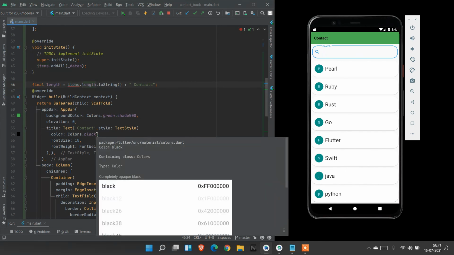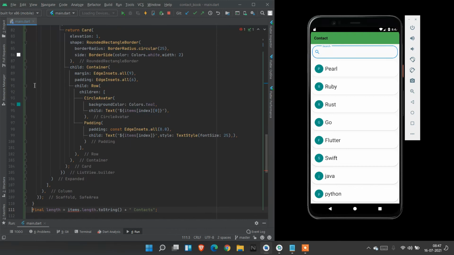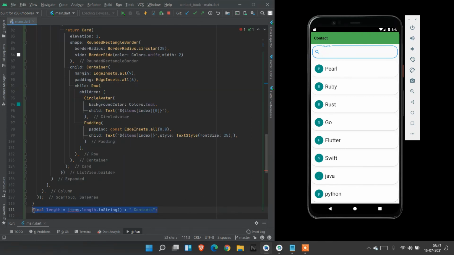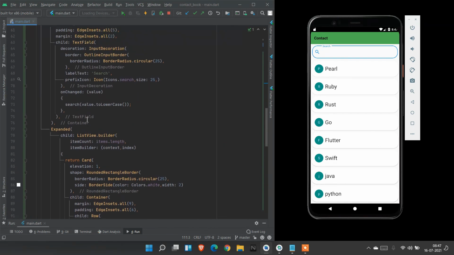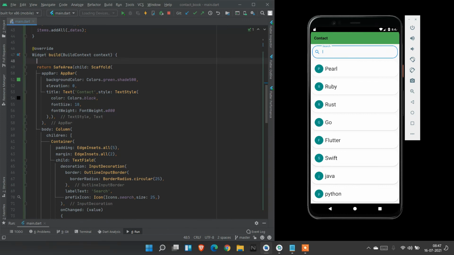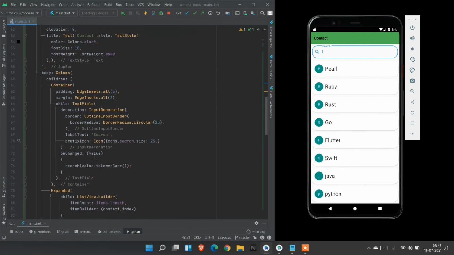We need to place this inside the context. So we copy this, cut this from here, and after the widget we can place it here. Now go to the app bar title.